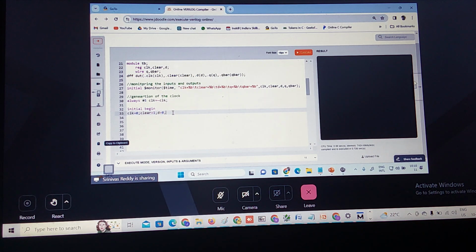Okay. Now what I'm going to do, let me give after 15 time units. Here, let us make clear is equal to 0, D is equal to 1. D is equal to 1 I am giving. Then again after, let us make